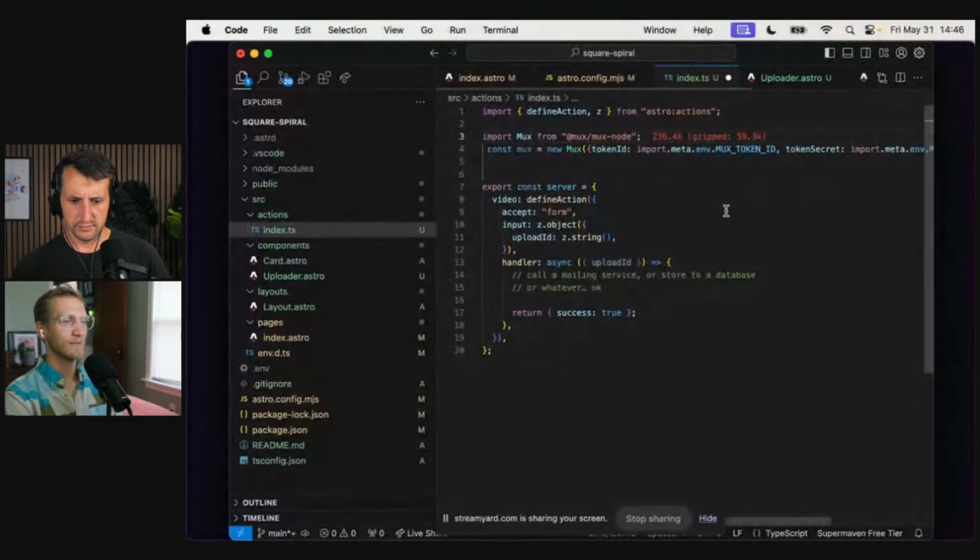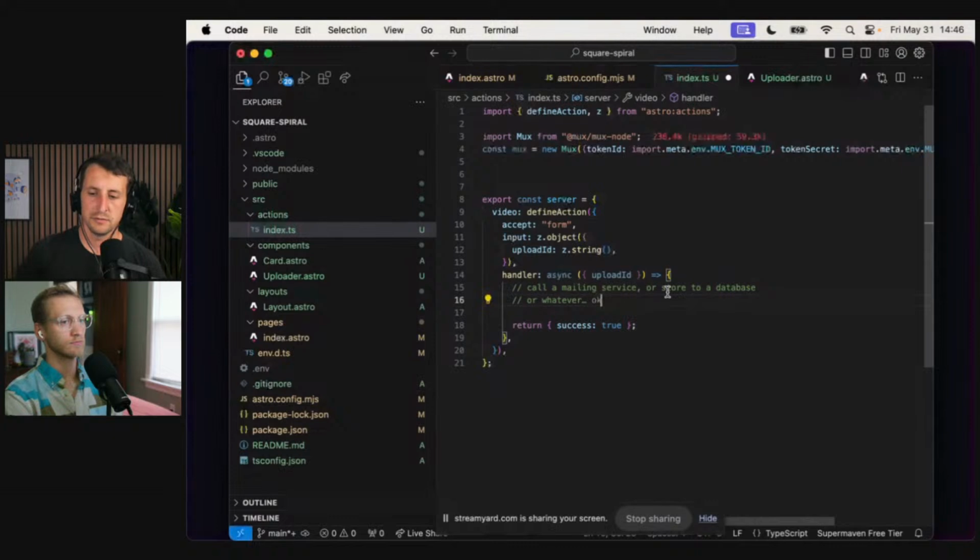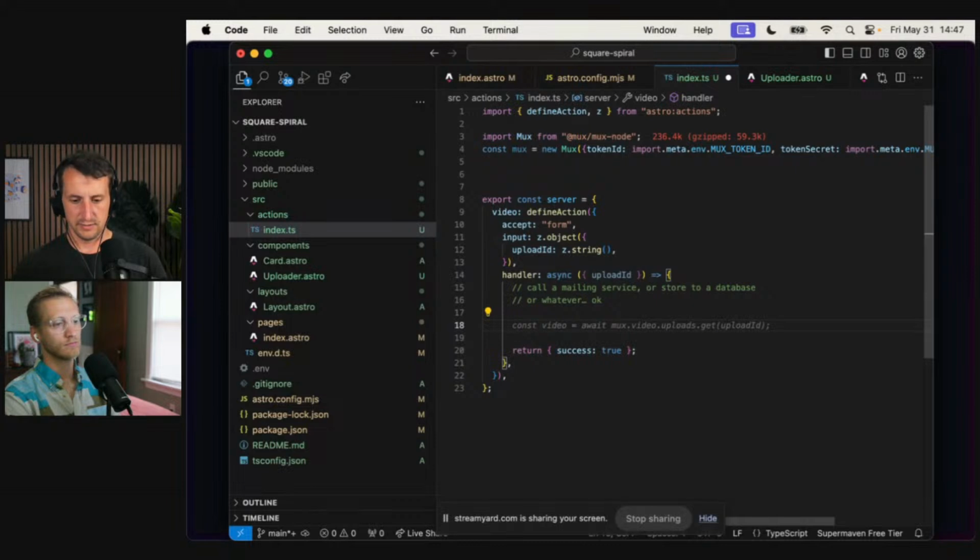All right. So we have our library created here. And assuming this upload ID, maybe I logged it before, but it's usually just a random string, we're just going to take that and make a request over to Mux to receive the asset that's correlated with that ID. So that is what? I think it's retrieve, not get. That is pretty good.